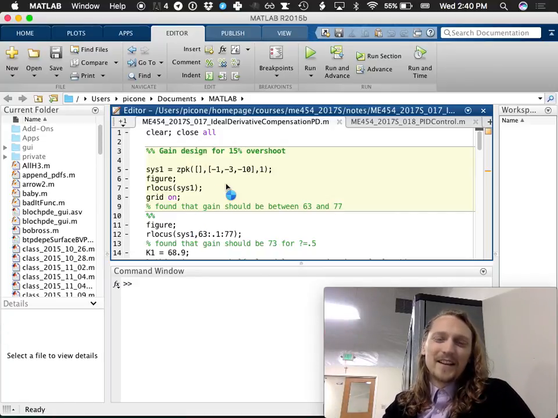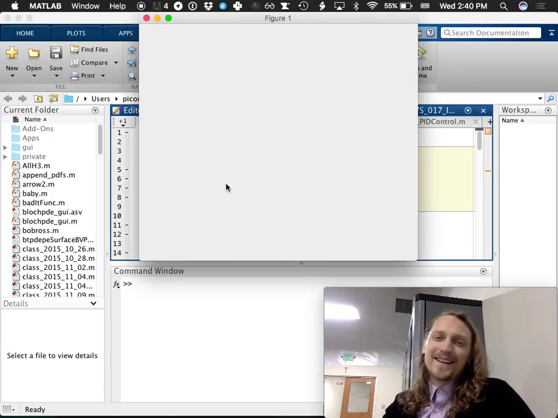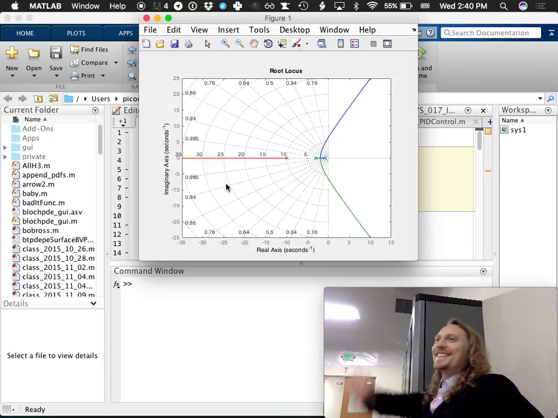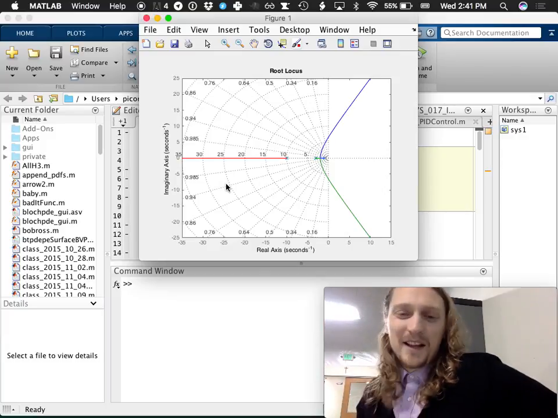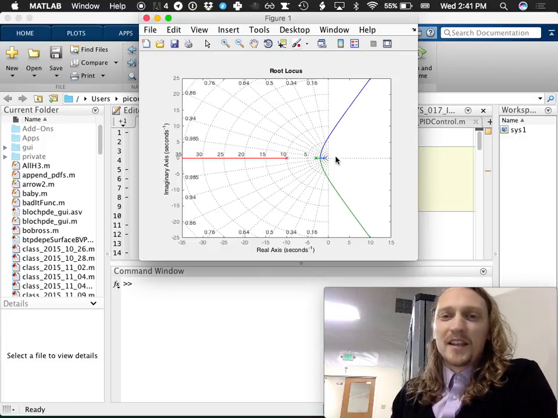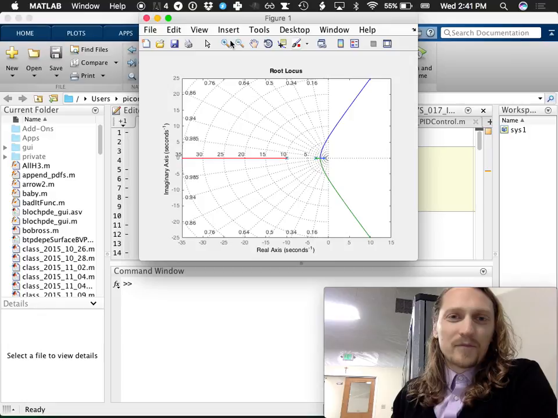So let's see. I think that this fix works. Yeah, it works. Okay, I just have to restart MATLAB. The universal fix for everything. So I want to